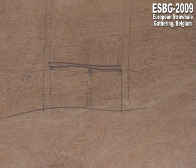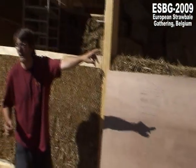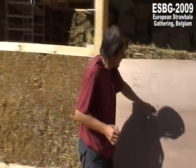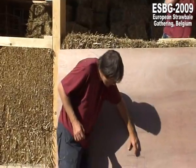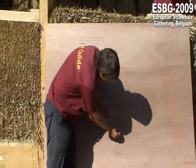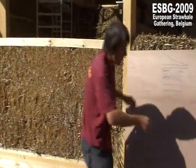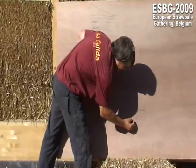Yeah, we can use something like this, it is very strong, but you can also use something like this, because it has only the function to pull down at the same height and to fix it here. Yes? Would you put it in first? Right. I put this one first in here, and then I say